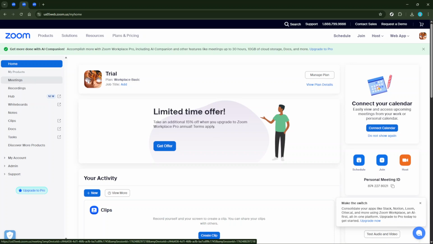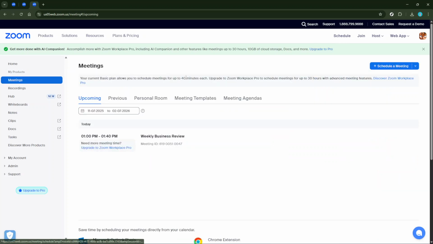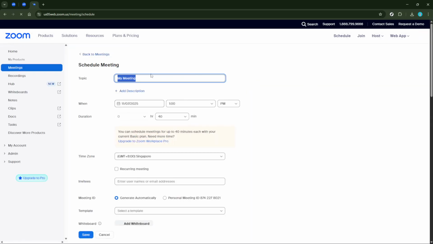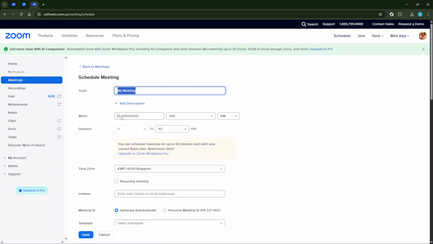This will open a new window where you can set up the details of your meeting. Think of this as your virtual meeting planner. You'll need to enter the meeting topic, the date and time when the meeting will take place, and importantly, its duration. Be sure to consider time zones if you're connecting participants from different parts of the world. An easy way to avoid scheduling mishaps.